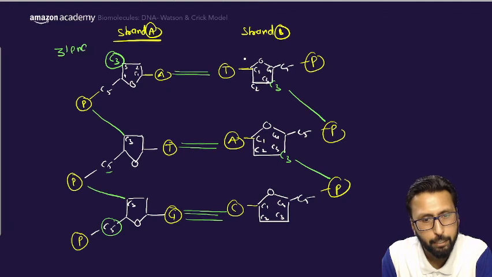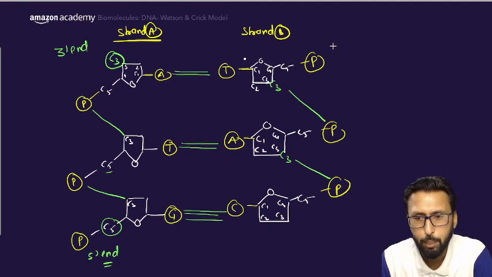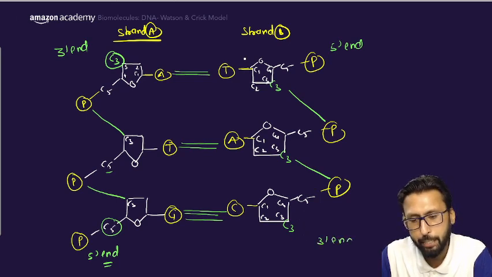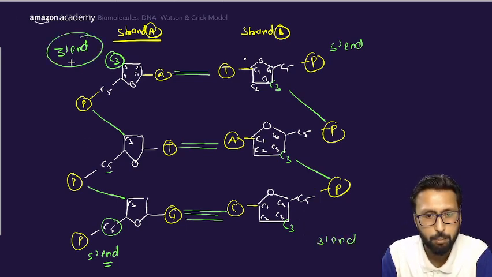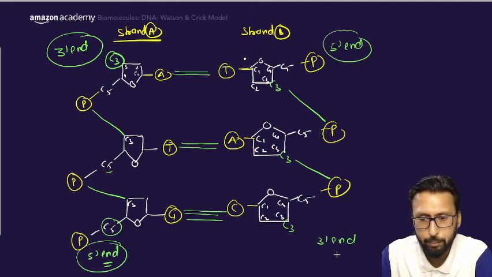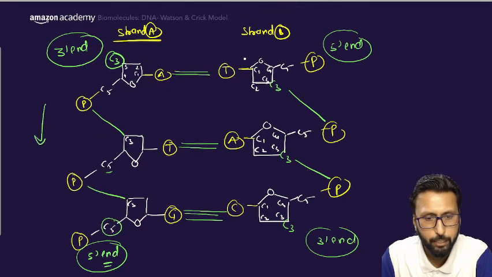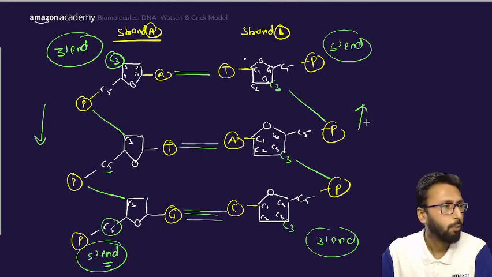And this is known as the 5' end. In similar cases you can see this C5 is free, so this is known as the 5' end. Again this C3 is involved in the bond, C5 is also involved in the bond, but this C3 is free, so this is known as the 3' end. That's why we have 3' end, 5' end, and 5' end, 3' end. You can see the direction, it is anti-parallel. So that's how we name them.